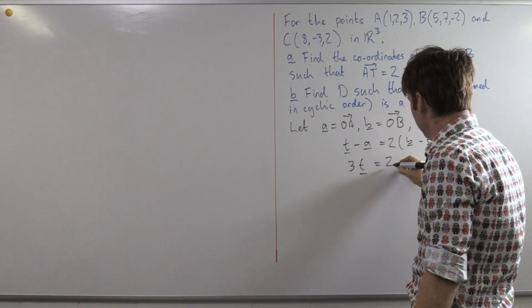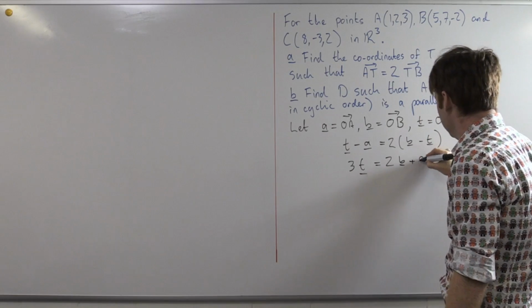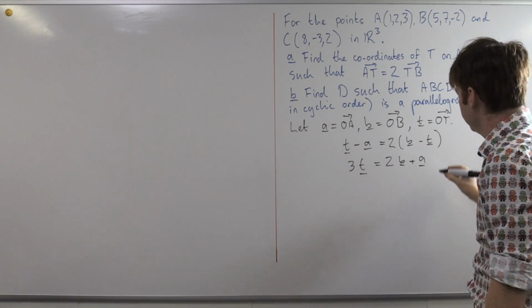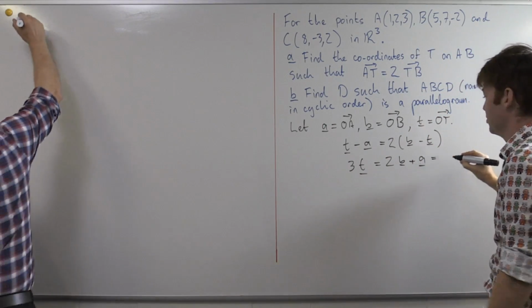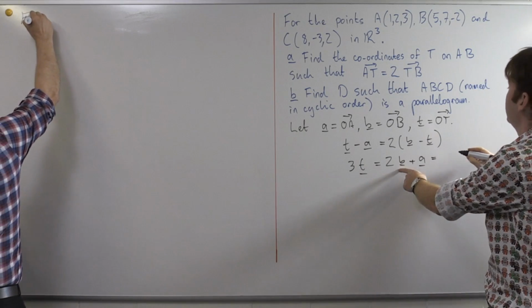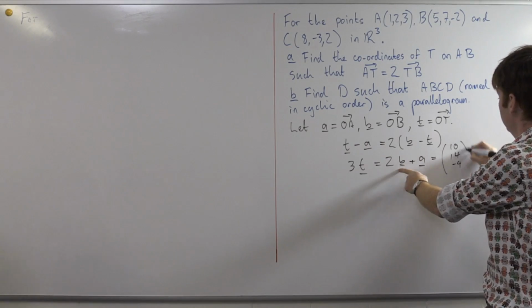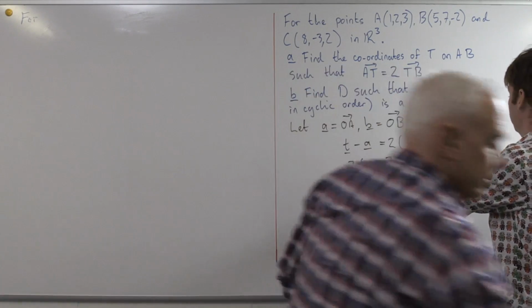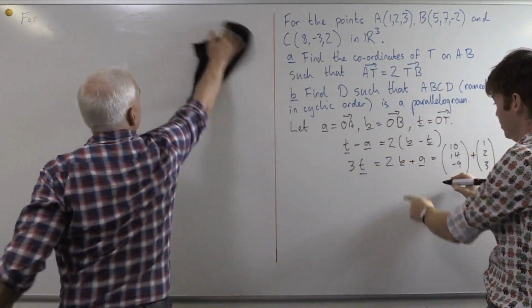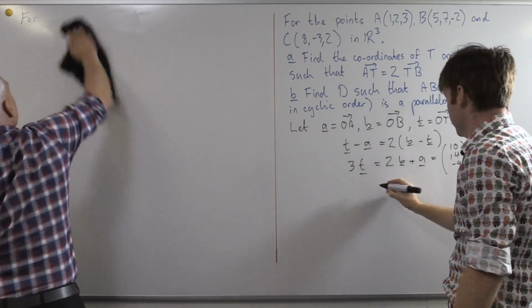And I get 2 B's and 1 A. So that's equal to twice B is 10, 14, negative 4, plus A, which is 1, 2, 3. So I get 3T is equal to